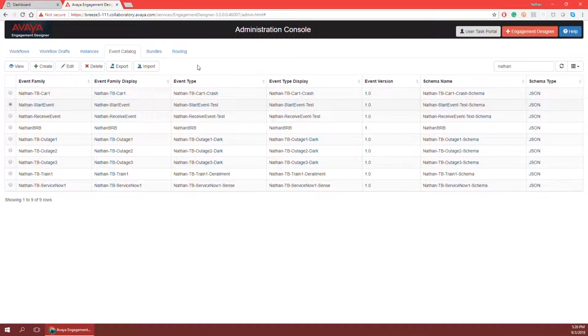In the Event Catalog tab here, we can see there's event families, event types, and event versions. Event families are a host of event types, and event types can be defined by each event version. If you were to call a specific event family, it would call all the event types underneath that family. If you were to call a specific event family, event type, and event version, you will call that specific listed